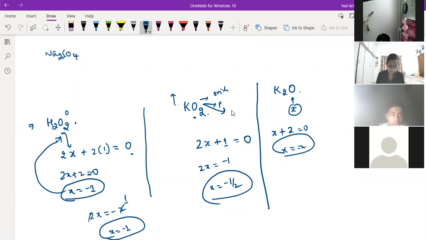We can find out the oxidation number for any element in the given compound. It's not only for oxygen, you can find it for the potassium also. We know the name, but we don't know the oxidation number of potassium. What will we do? Take K as the X. So 2x minus 2 equal to 0 only, right? We don't know for potassium, we are taking it as X, but we know it is oxide form only. So 2x minus 2 equal to 0, 2x equal to 2, x equal to 1. Now you got the potassium oxidation number, right? So you can find the oxidation number for any element in the given compound. It's not only for one or two.